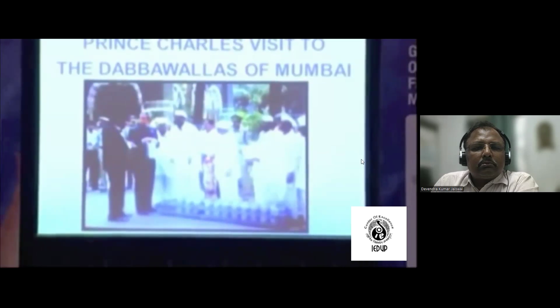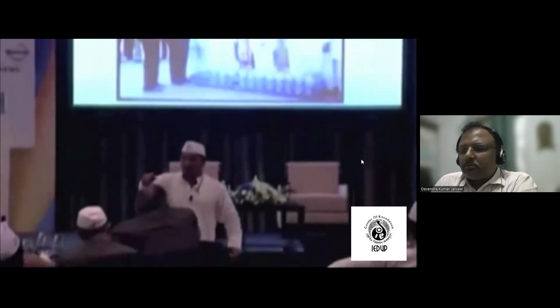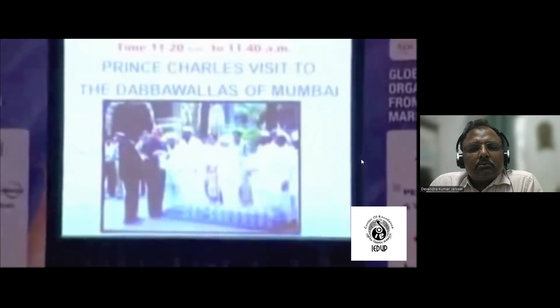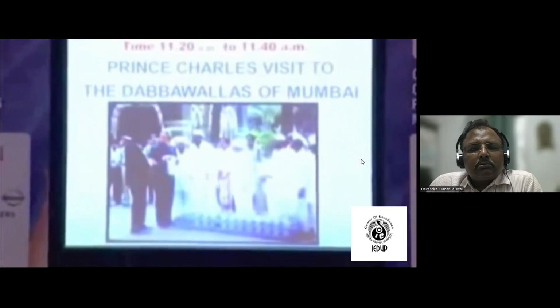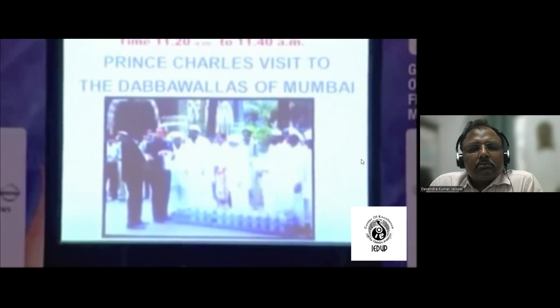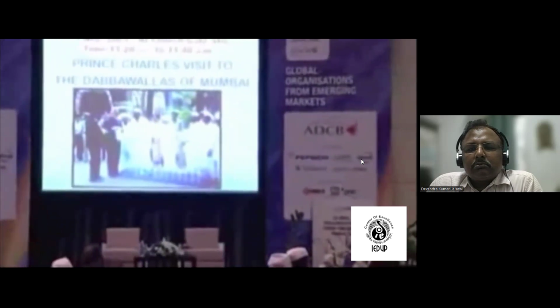Prince Charles came to Mumbai in 2003. Before Prince Charles was supposed to come, the British consulate in India, Jitendra Jain Sahab, phoned the Dabbawalas. Dabbawala, Prince Charles wants to meet you after 6 months. The Dabbawalas allowed it, with 2 requests. First request: Prince Charles should come as per our timing, not as per his timing. Why? Because Dabbawalas are free between this time. Number 2: we cannot go to Prince Charles. Prince Charles should come to us. Where? Churchgate footpath.